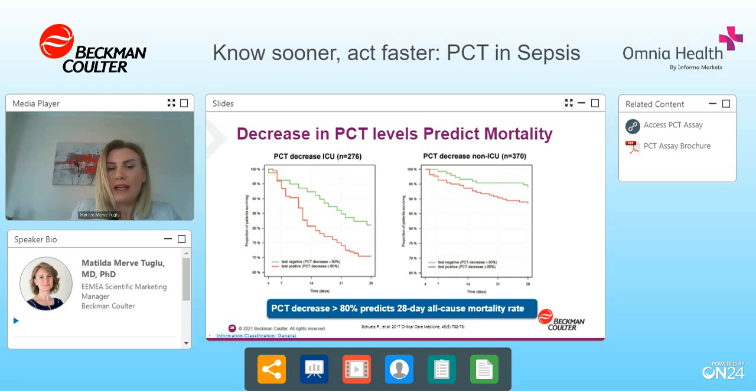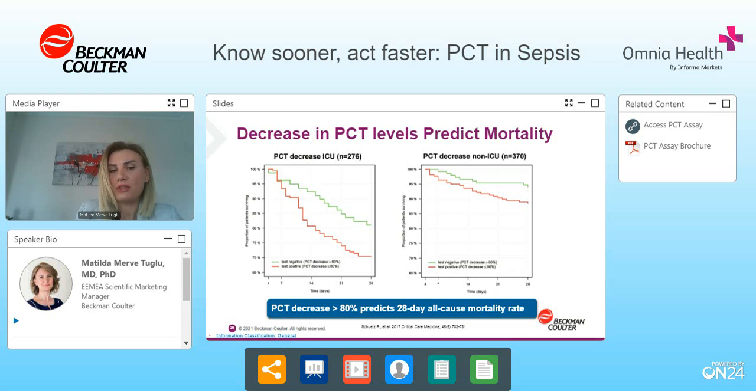Early diagnosis and initiation of resuscitation measures, antibiotic treatment, and source control remain the cornerstone of sepsis care. Once treatment is initiated, close monitoring of sepsis patients is of utmost importance to identify patients with adverse disease courses who may require an alternative therapeutic approach. In addition to clinical signs and symptoms, blood markers may assist in patient monitoring.